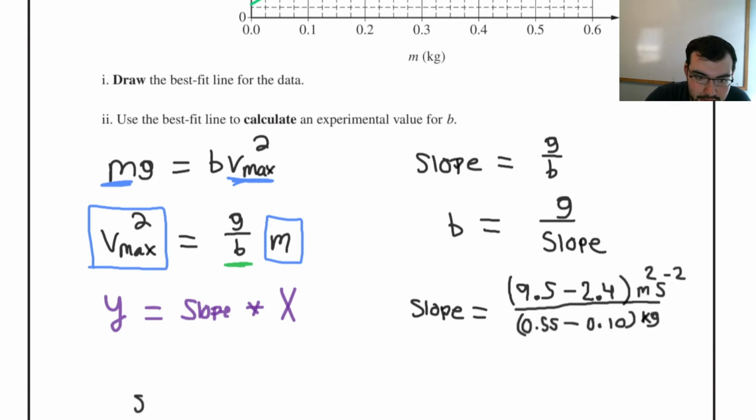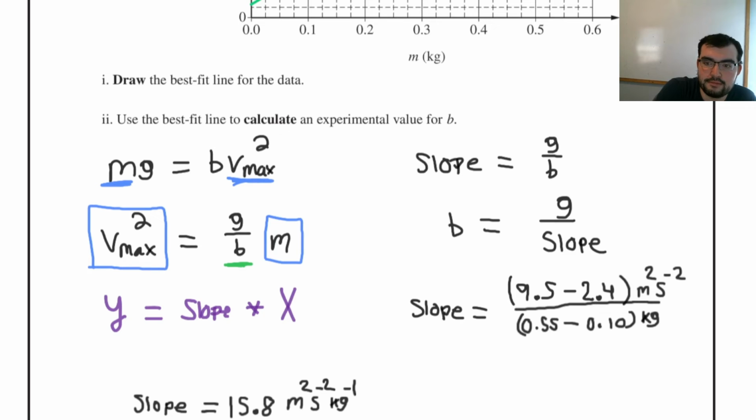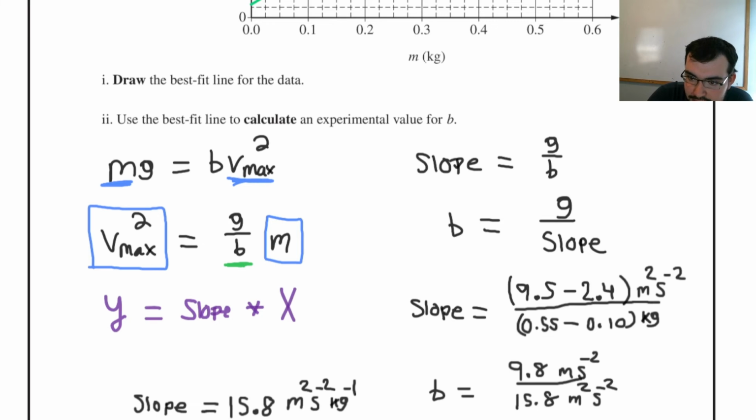So we do get a nasty expression for slope. And that's going to be equal to, let's see, I've got to do this live because this changed from last time. 9.5 minus 2.4 divided by 0.45, and we get 15.8 meters squared seconds to the minus 2 kilograms to the minus 1. Lovely. Okay, so that means that b is just going to be equal to 9.8 meters times seconds to the minus 2 divided by 15.8 meters squared seconds to the minus 2 kilograms to the minus 1. And I wrote my units this way so I could easily see some canceling. So the seconds cancel, one of the meters cancel,